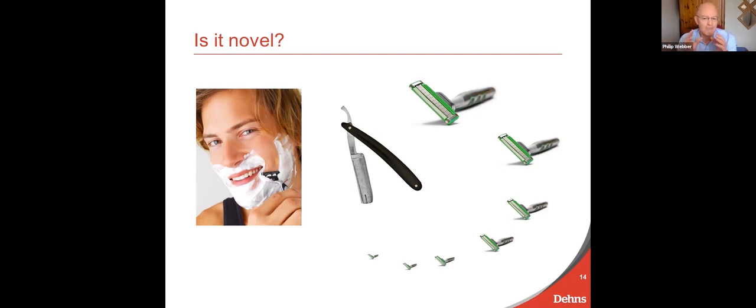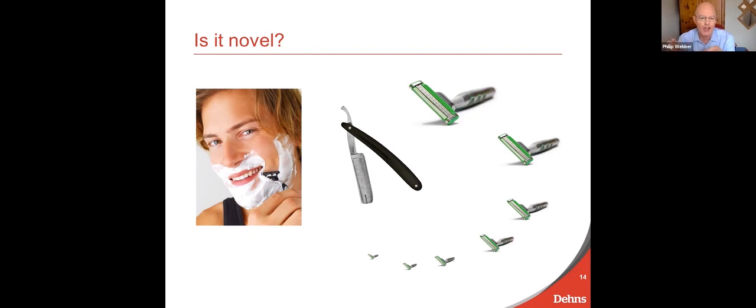So novelty is a black and white issue. You have to compare what you are claiming in your patent application against everything that's in the public domain. Then I think it was about the 60s or 70s, 2-blade razors came along. Then we've had 3-blade, 4-blade, 5 blades. I saw one with 7 blades the other day, and I think I've seen one with 5 blades with a nose hair trimmer. So each of these, if there were patent claims to each of these other razors, they would